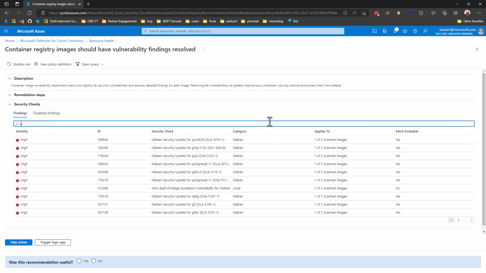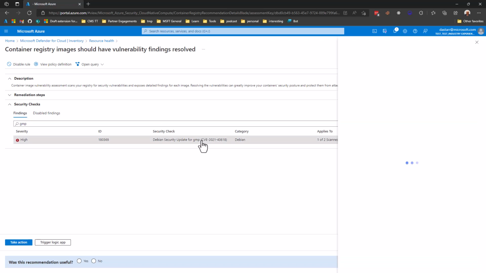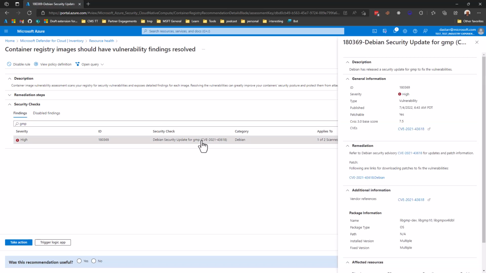We can search on GMP. We have one vulnerability associated with GMP. Let's have a deeper look at this vulnerability. I'll select it, and up comes a tab on the right that shows us more information about this vulnerability. Notice that the severity is high, but even more important is this data, the CVSS